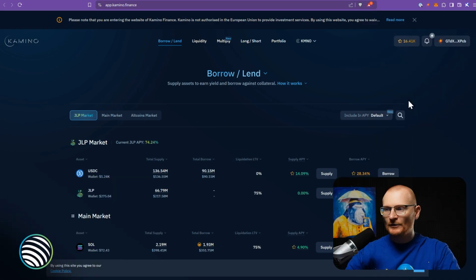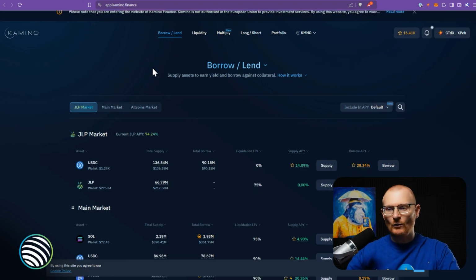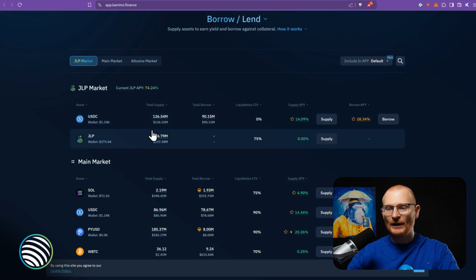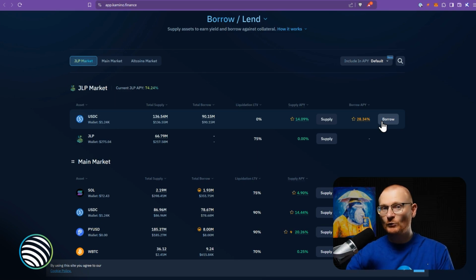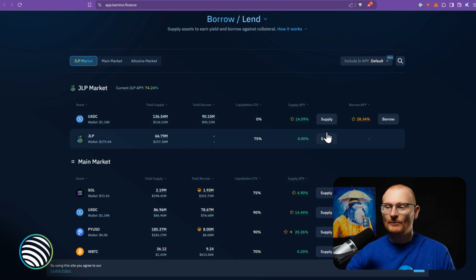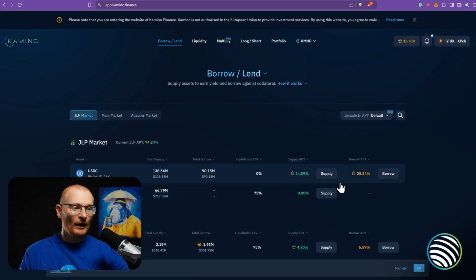They'll be linked below. So in this tutorial wallet, I've got some JLP, and in the borrow and lend section, we actually have this system right here, the JLP market. We can go and supply our JLP, borrow USDC, and then if we want to, we can go and swap it for more JLP and then come and deposit it straight back in and then keep on doing this. Now, if we do that, if we hover over this little section, you can see we're getting a boost value of 5x. And the actual borrow rate on the USDC at present is quite high. This is variable, it can go up or down. That's one option that we can do.